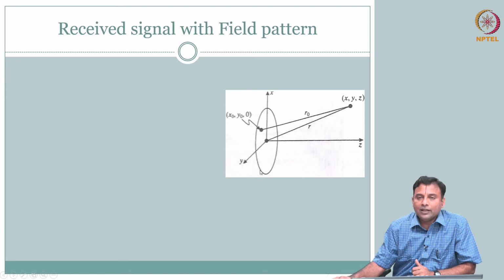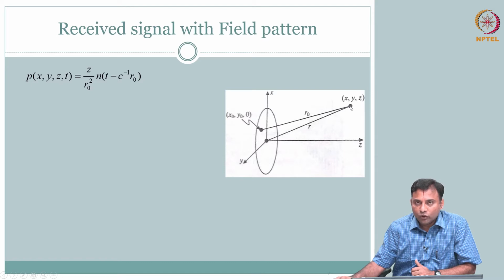So, pretend this is your transducer face, you have your x naught, y naught, 0. This is your origin. So, this is your point in the field, at some x comma y comma z, and there are some respective distances. So, what we will do is recognize your pressure, pressure at x, y, z. What is that? Oh, that is this location. So, what is the pressure experienced at this location as a function of time?